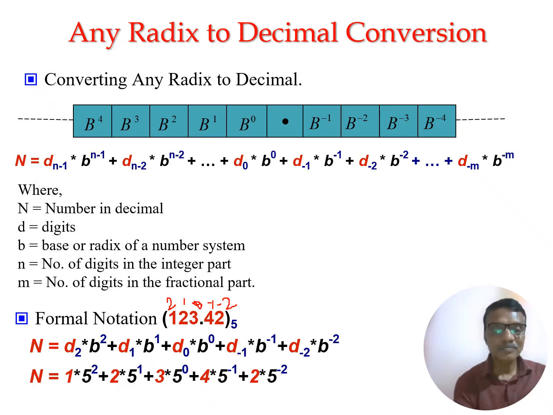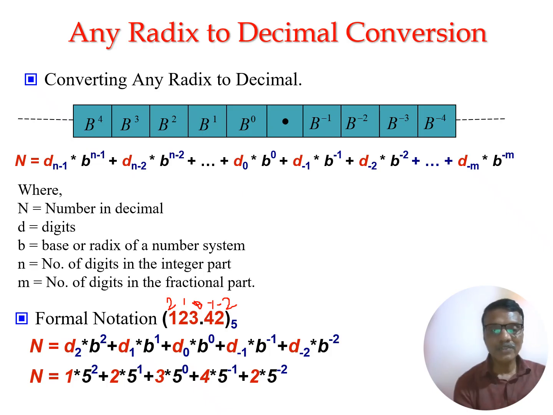See here. So D2 is the 1, and here base is 5: 5 power 2 plus next digit 2 into 5 power 1 plus next digit 3 into 5 power 0 plus